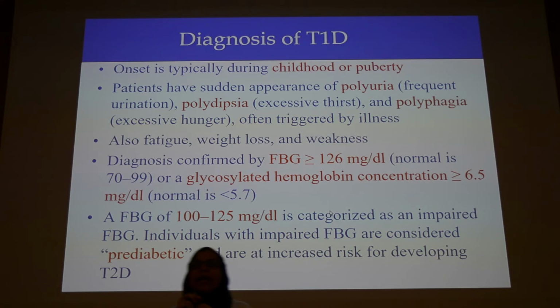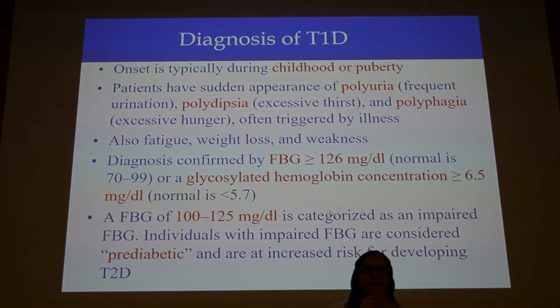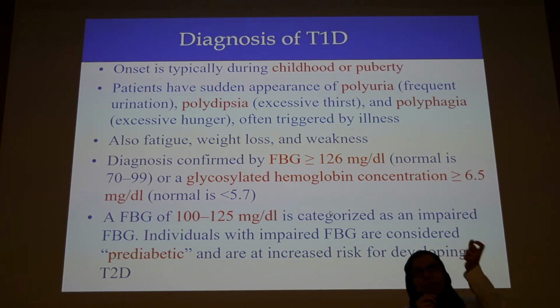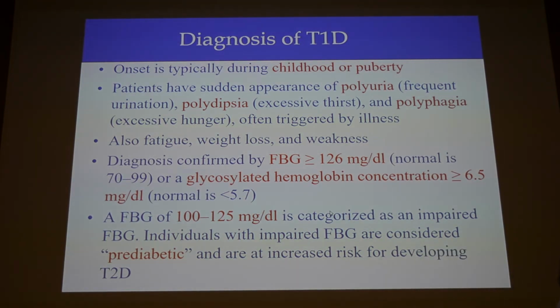HbA1c, which is the glycosylated or glycated hemoglobin. So the hemoglobin that we studied before, that is inside your red blood cells, if it is sitting there with too much sugar around, then some of this hemoglobin will react with the sugar, and the glucose will bind to the hemoglobin protein, forming the glycated hemoglobin without an enzyme. So this HbA1c, if it is more than 6.5, then it is an indication that the patient has diabetes, because the normal level should be less than 5.7%. And we'll talk about it also again in more detail.